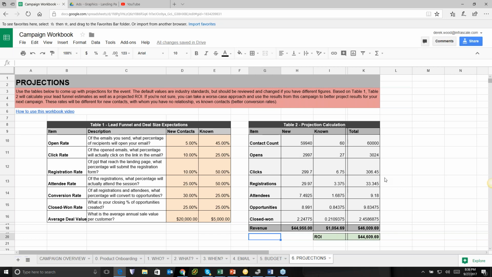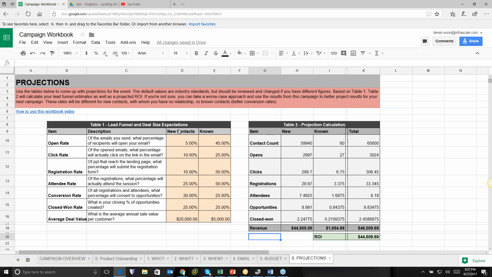And the fact that it'll be so organized is going to immediately promote the level of confidence that that vendor has in you to actually deliver on this. Again, stay organized. It's going to help you out. And that's the campaign workbook. Any questions on how to use the campaign workbook and what's included or not included?